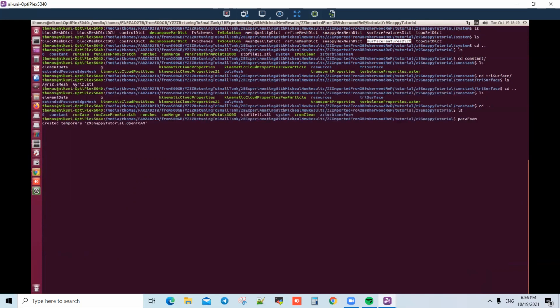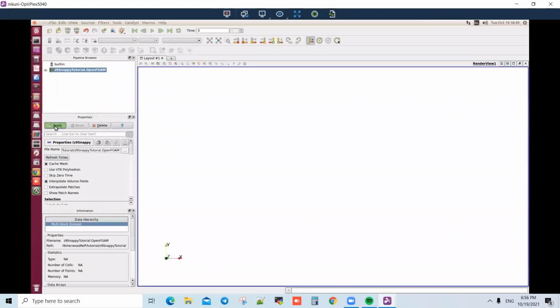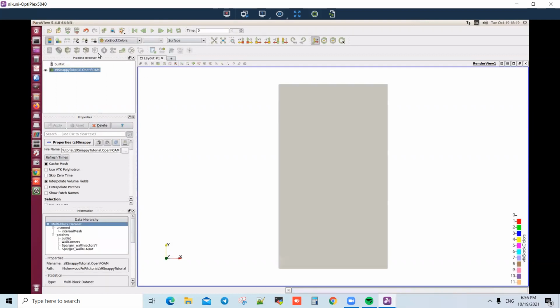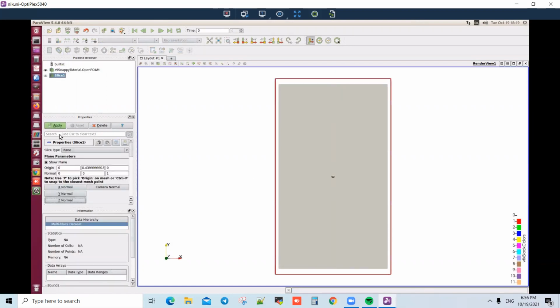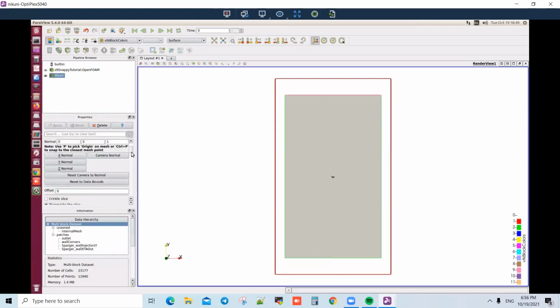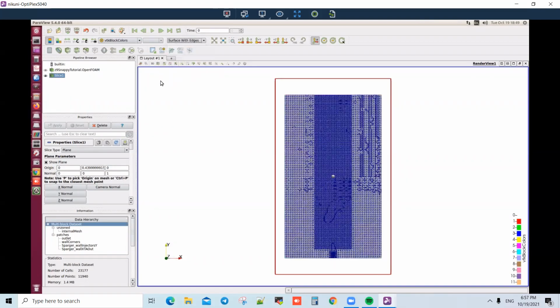Visualize our case for you. If you remember, we just did mesh level 2, not 5. So this time we should have a bad mesh close to our STL file. So, surface with edges. Okay,